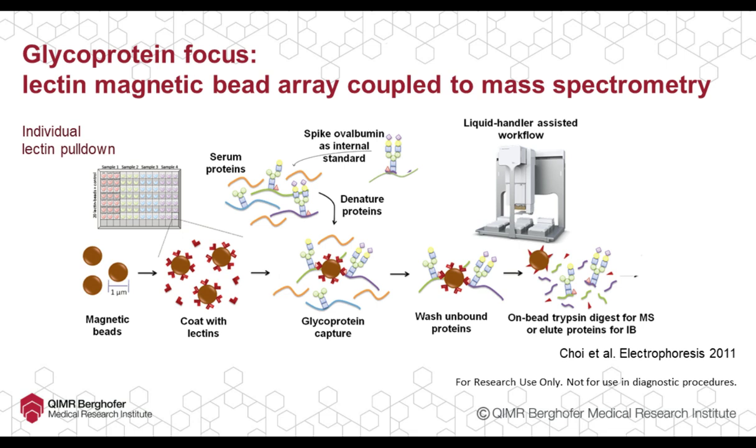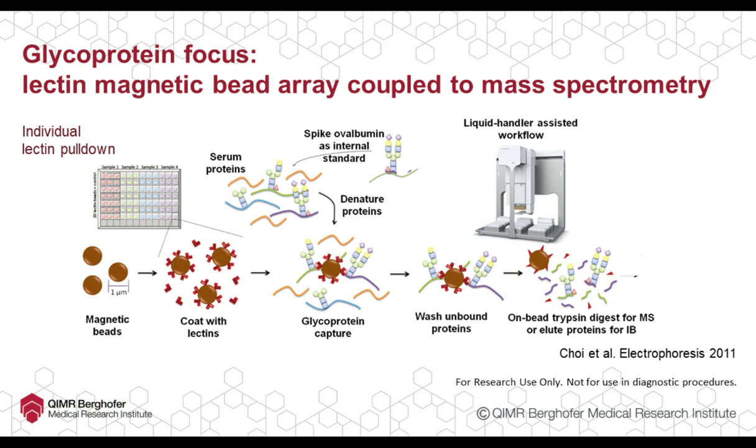The difference with our method is that we use individual lectins, and we initially selected 20 different lectins to screen against one serum. And in this method, the individual serum samples are denatured, and we added chicken ovalbumin to each serum sample at the start as an internal standard, so we can monitor the entire workflow by chicken ovalbumin peptides, which are not in any of our samples. So after that, the denatured proteins are captured at the protein level with the individual lectin beads